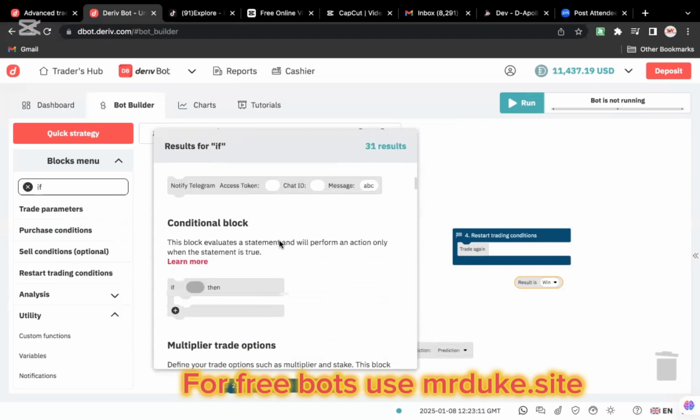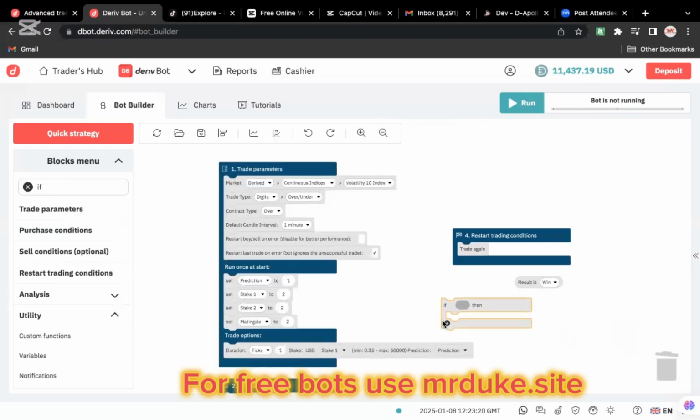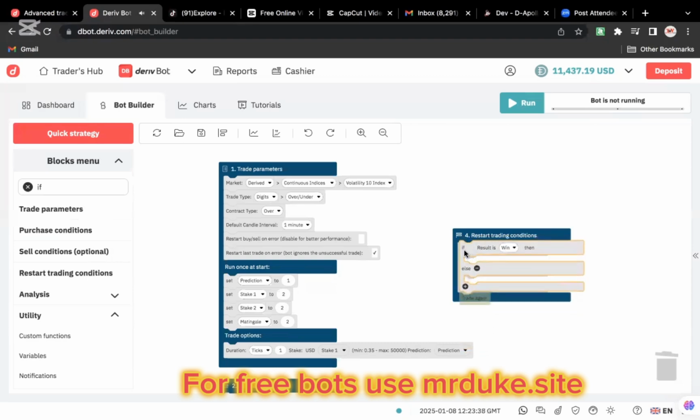The exact block that we need is the conditional block. We'll use the conditional block. Now, if result is win, then our bot will be able to check for a given condition. Else, what will be the else? If the result is not a win, then automatically the result is a loss. So drag the whole code, have it under